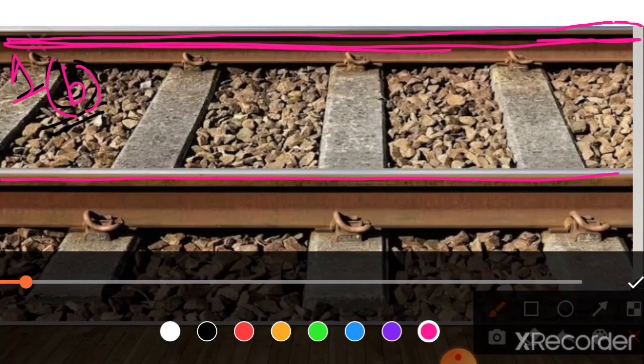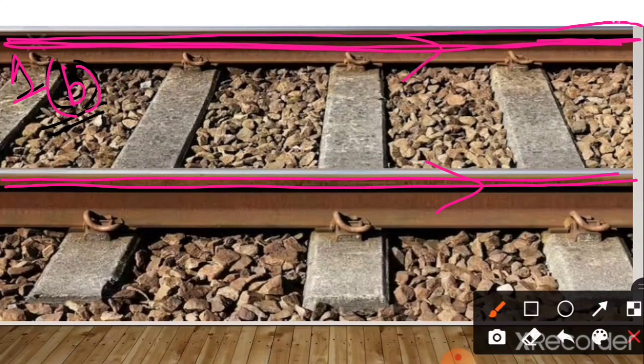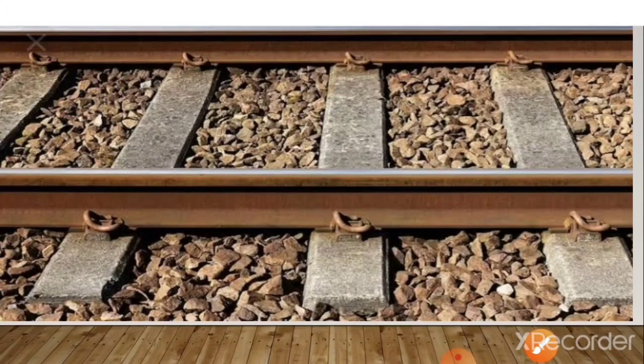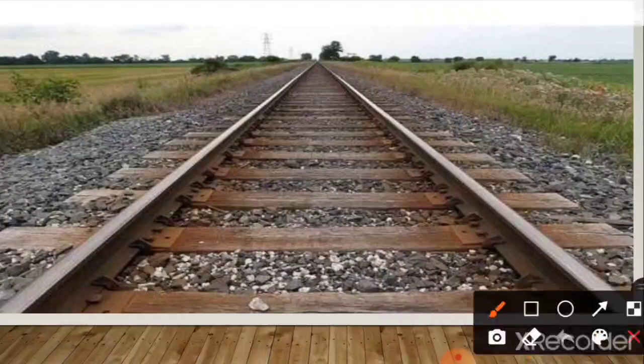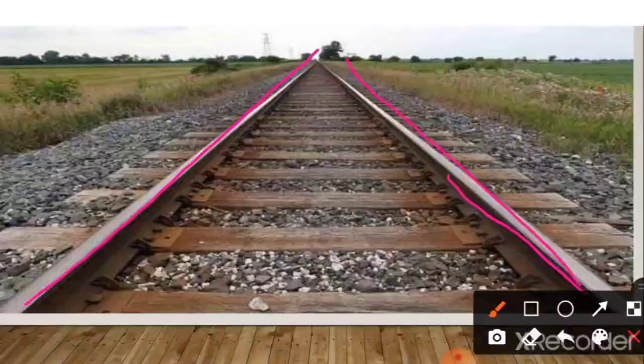No, these are the models of what? These are the two parallel lines. These are not the model of perpendicular lines. You can check one more railway track. Are these perpendicular? These are not perpendicular to each other. These are the railway tracks, and you know that railway tracks are always the same distance apart. They never meet each other, the two railway tracks. So these are the model of parallel lines. These are not the perpendicular lines.